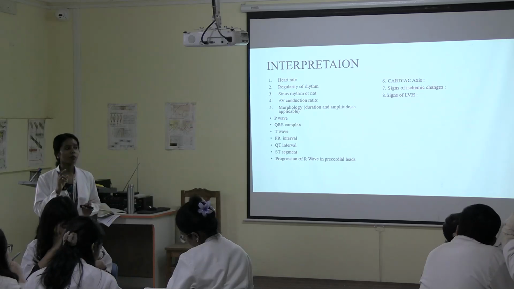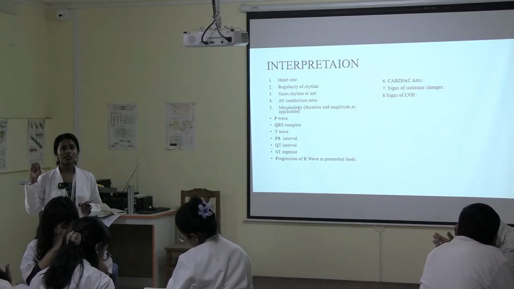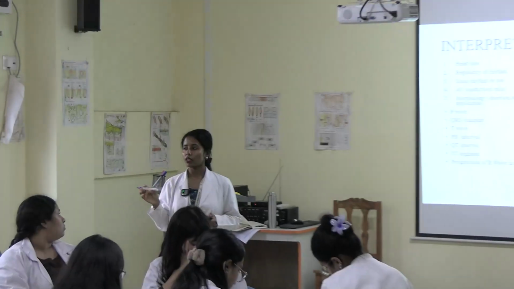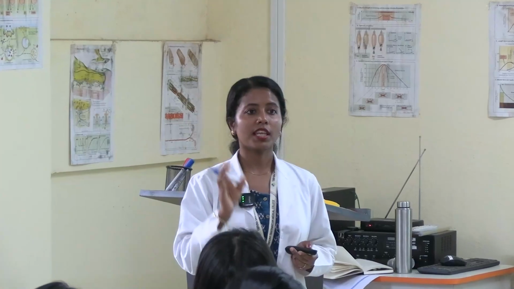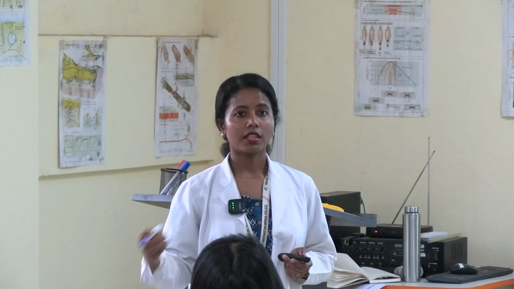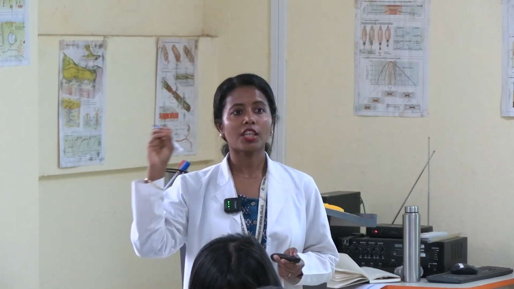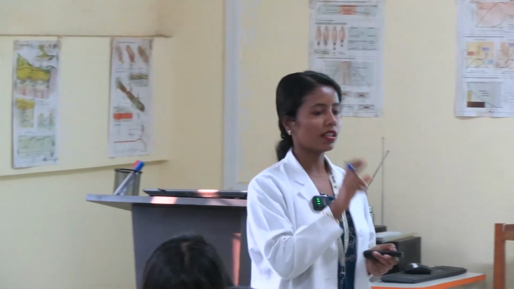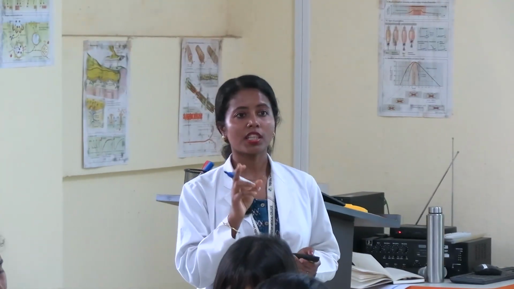Okay. So normally every P wave should be followed by one QRS complex. Normally it should be 1:1. Every P wave should be followed by one QRS complex. So that means the rhythm is sinus rhythm. It is coming out from the SA node. Then after that the QRS complex will come. So the ratio is normally 1:1. If that is there in your graph, then that is normal sinus rhythm. That means this is coming from your pacemaker cell, that is the SA node. Okay.